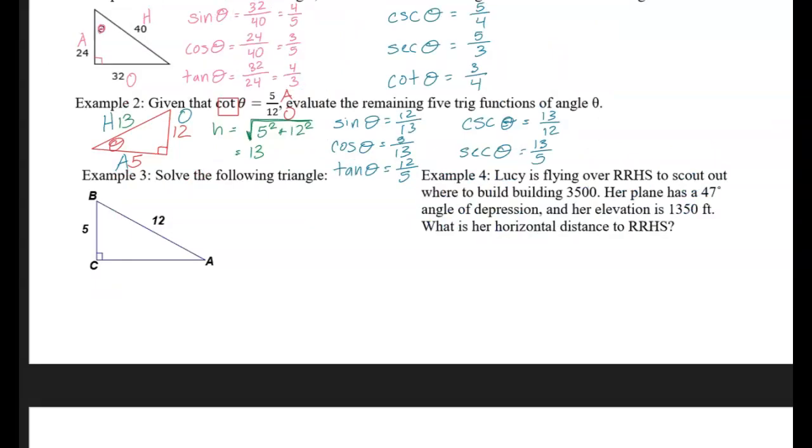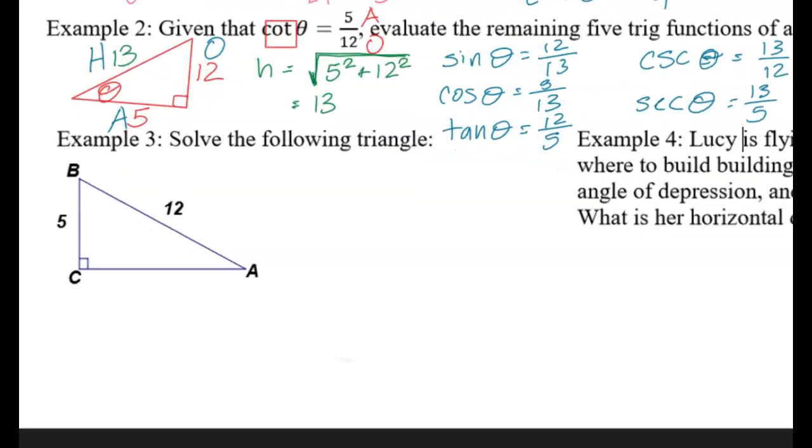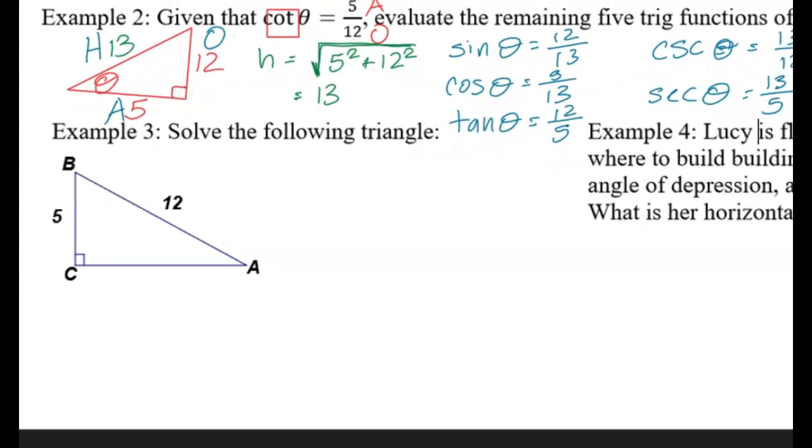Now it's asking us to solve for this common triangle where we have 5, 12, and the 5. So here it wants us to not only find the missing angles, but also the missing side. Now the side is easiest to solve for because we know this is a right triangle, so we can just apply the Pythagorean theorem. So first thing I'm going to do up here is find the length of AC,